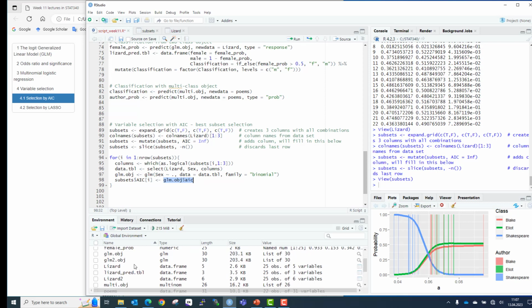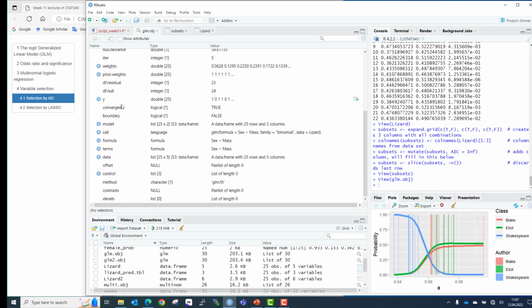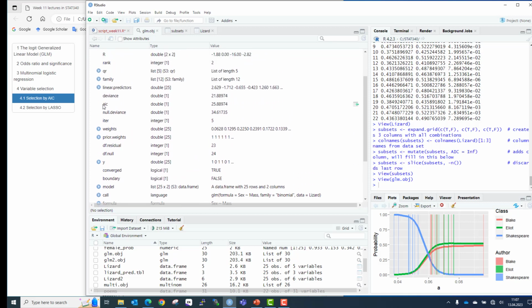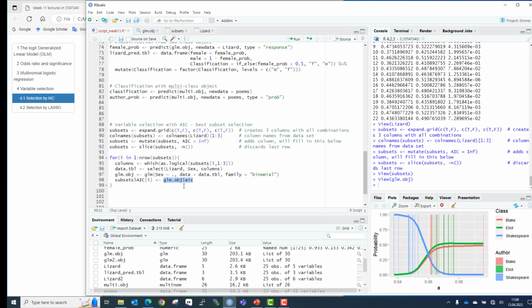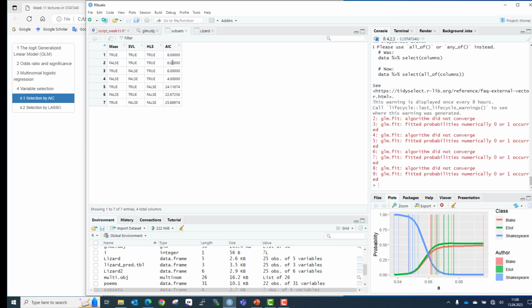contain an AIC value. I have an old one lying here. We can always open it. And if you scroll down somewhere here, no, here it was, there, AIC 25.88. So you will always find an AIC value inside this GLM object. So that's why I copy that into that row number i in that column. So if I run this here now and open the subsets again, now we can see that the AIC values